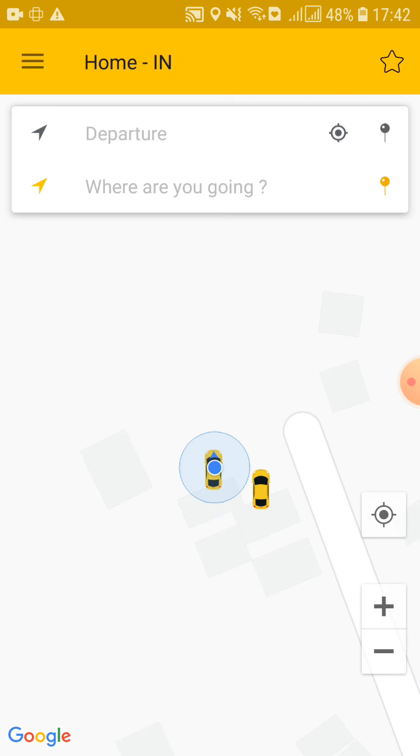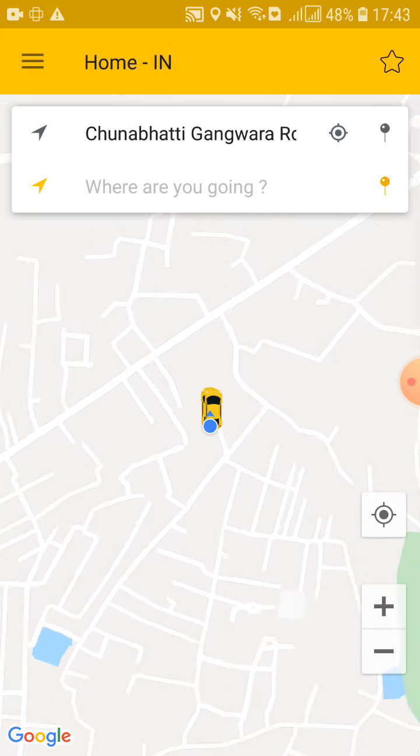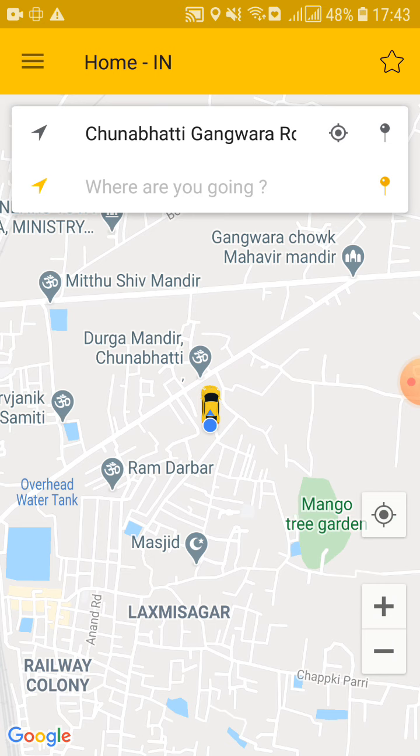So now let's see what the function of this application is. Just like other apps, it gives you the choice of a departure and a destination, but here we write it like where are you going. So don't be confused here. On the upper search box, you just tap on the circular icon and your application will detect your current position. So we are clicking on that, and we see here that our current location is detected.